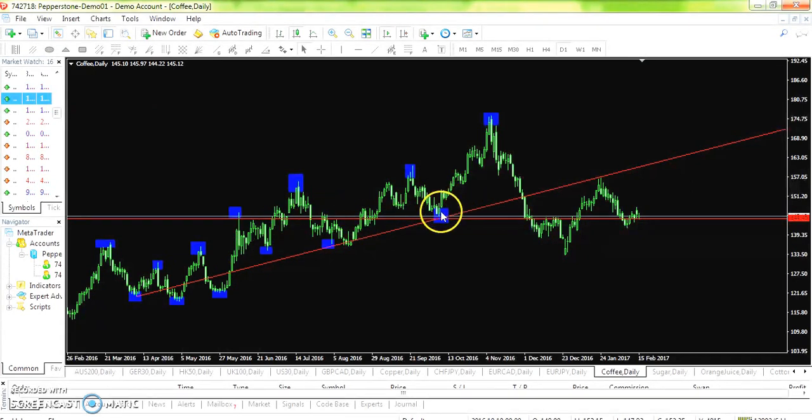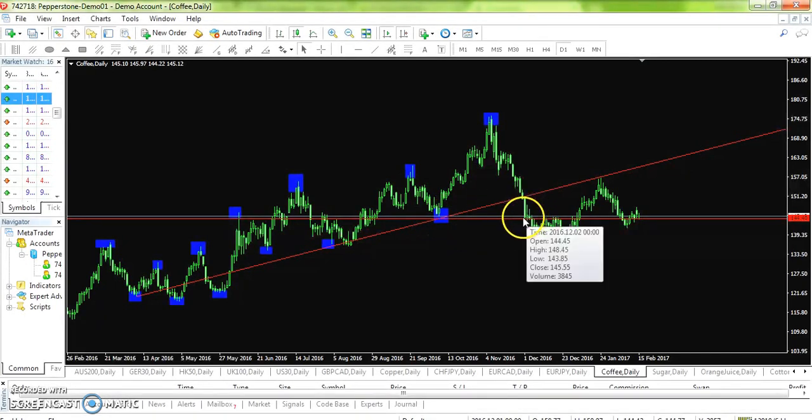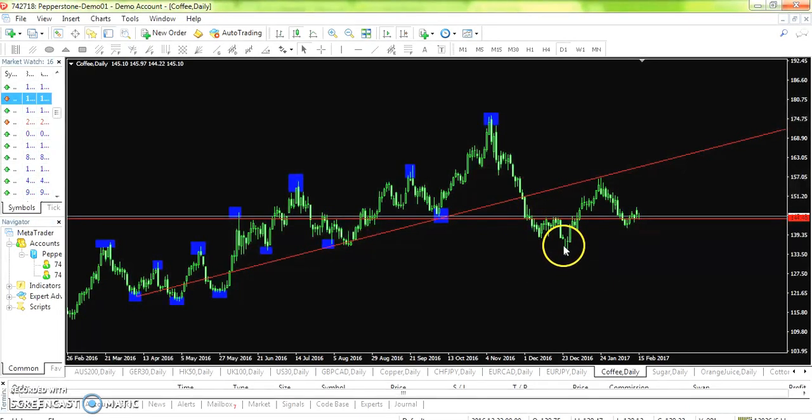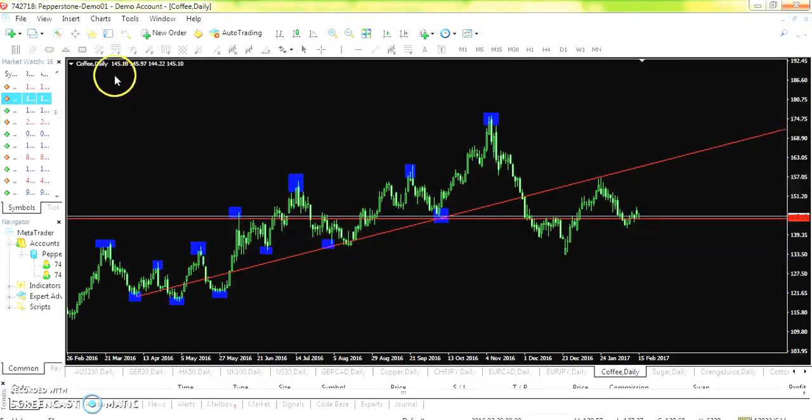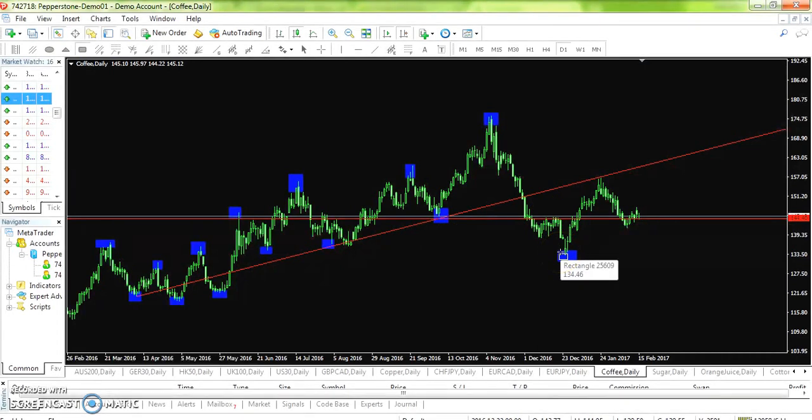So what happened with coffee on this particular point? At this candle, you can see the market has broken this level, so we now call this low a new low, which is a lower low. This is the lower low. Getting the point? Good. So after this low, it is basically